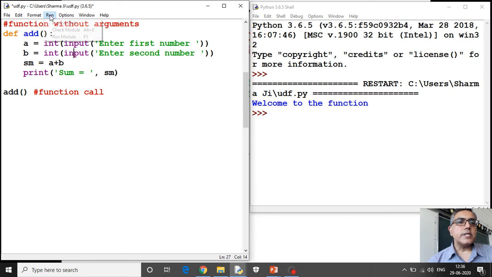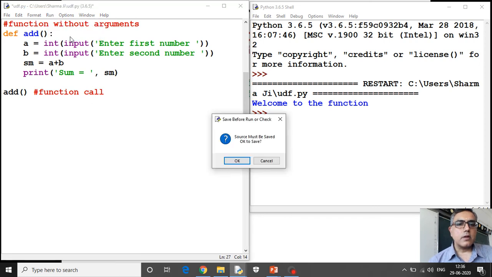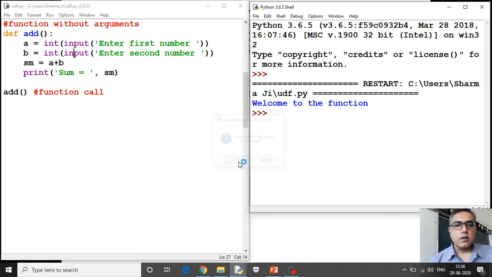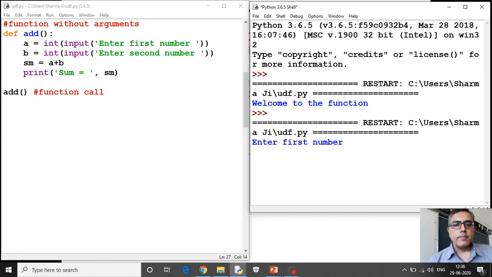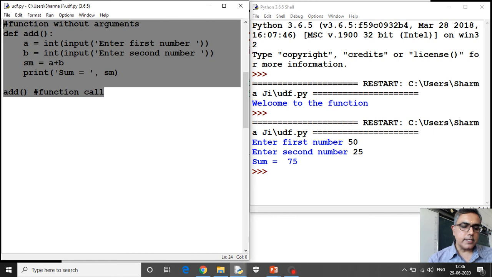If you see the execution, enter first number, suppose I enter 50, second number 25, then it has displayed sum as 75. Let us see how actually it is executed internally.